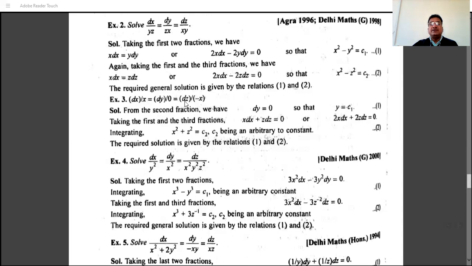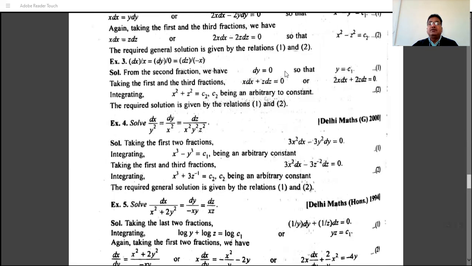So dx divided by z and dy divided by minus x, we have x dx plus z dz is equal to 0, and then its integration is x square by 2 plus z square by 2 is equal to, suppose c2 dash is the constant, and then multiplying by 2 we have this answer. So 1 and 2 give the general solution. Next: dx divided by y square, dy divided by x square, dz divided by